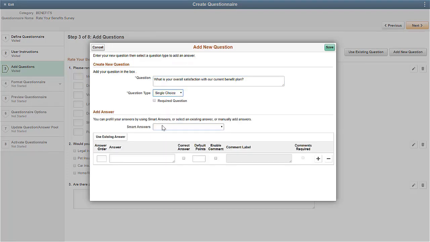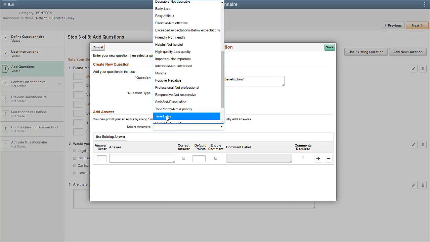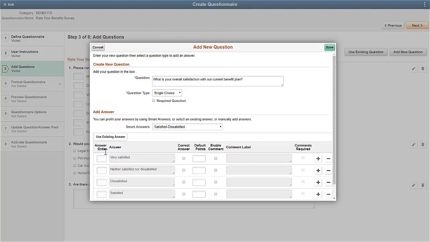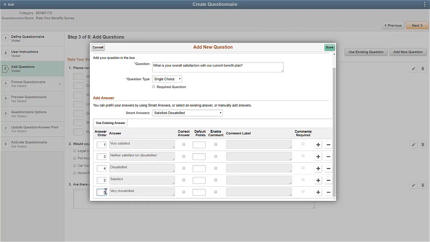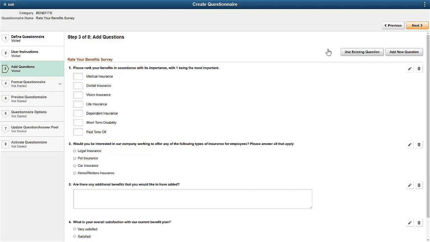We will choose a smart answer set for this question. You can specify the order in which you want the options to be displayed. Once you have added the questions, click Next to go to the next step.